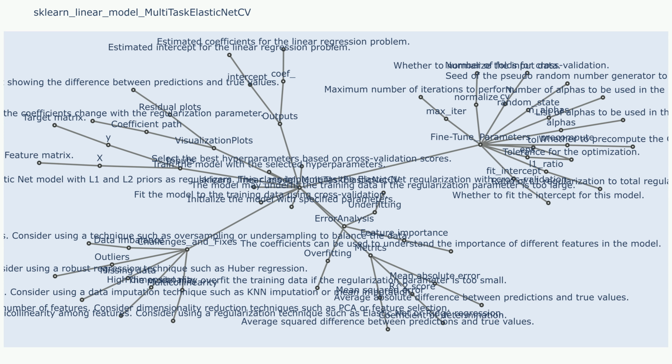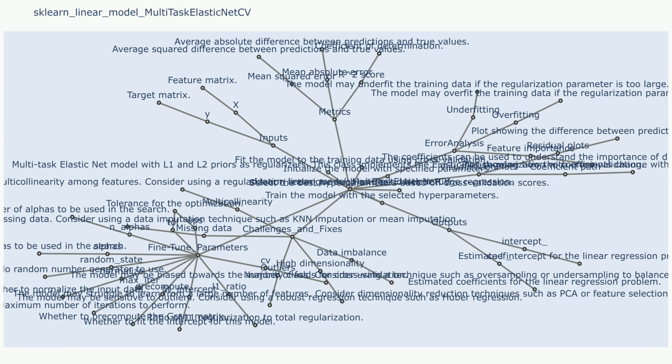This implementation handles the case where the target is a 2D array of shape (n_samples, n_targets). It will learn a separate coefficient vector for each target. The optimization objective for MultiTaskElasticNetCV is